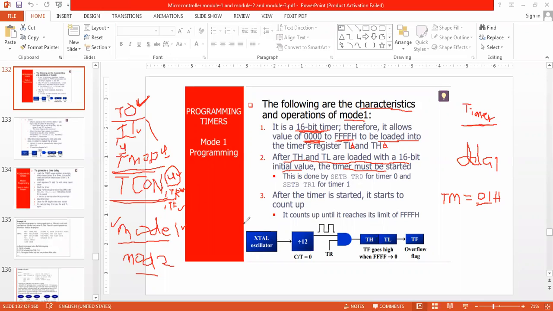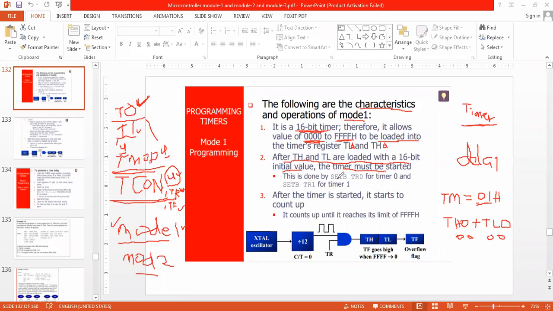That means the value of TH0 and TL0, it is not a plus, it is concatenation, cascading, total 16 bits. Say this is 0000.